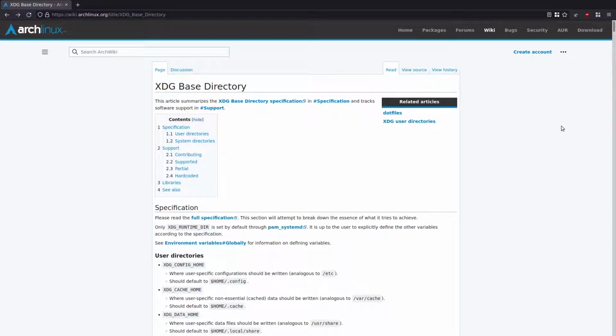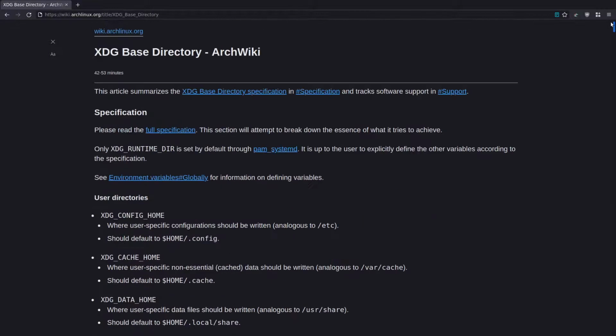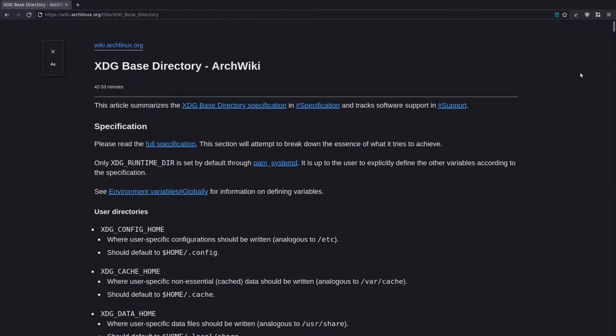Now if we come across to the Arch wiki, it's got a good page here, but unfortunately they've changed the theme on the Arch wiki to a mobile theme, which Brodie Robinson covered in a recent video. As a quick hack, what I recommend doing, if you use Firefox, is just turn on reader view and you can get rid of that horrible theme. So this is the XDG